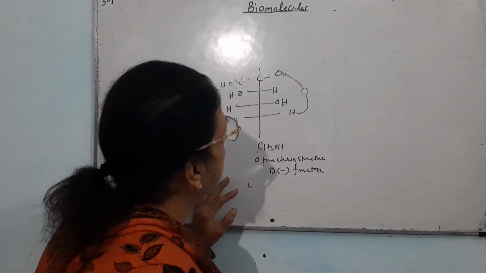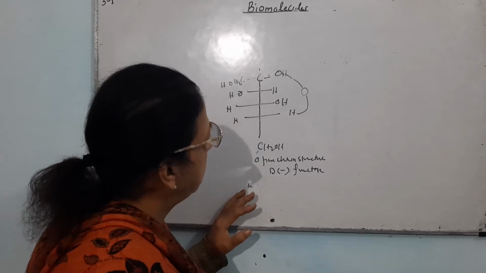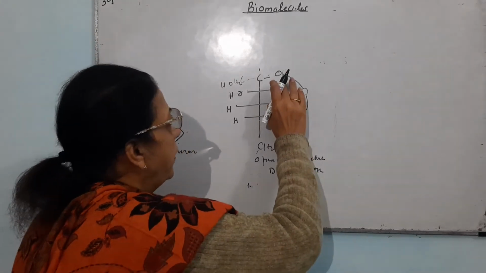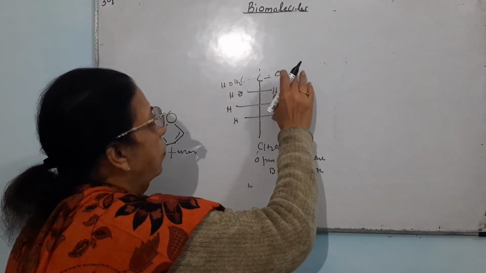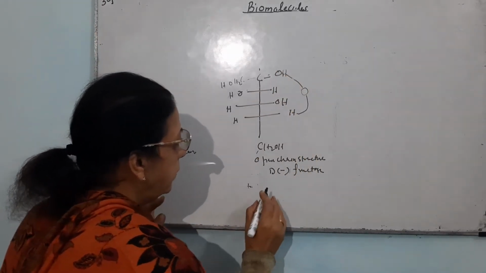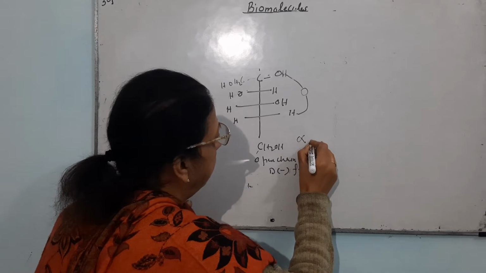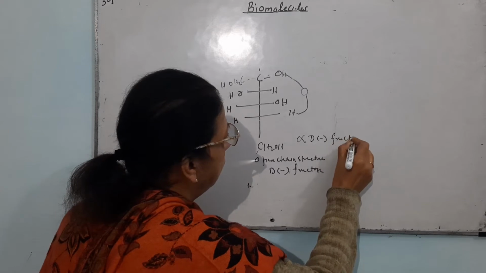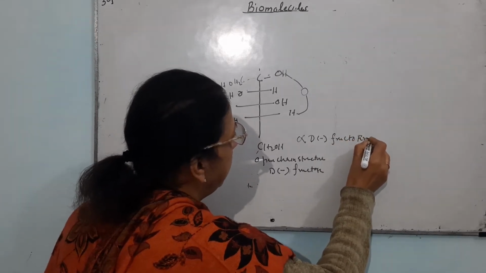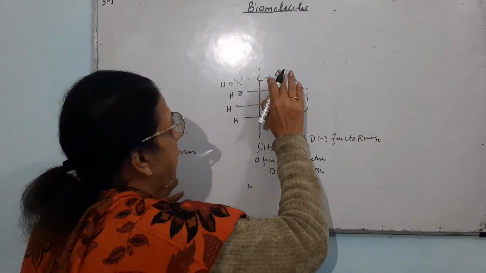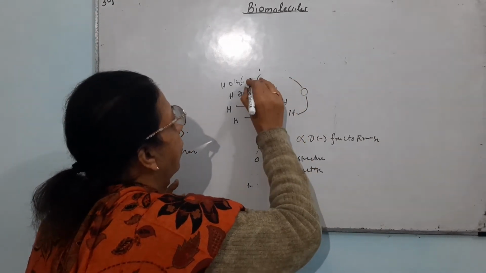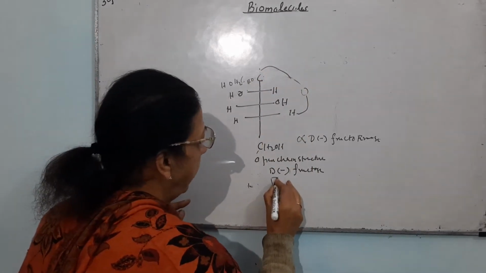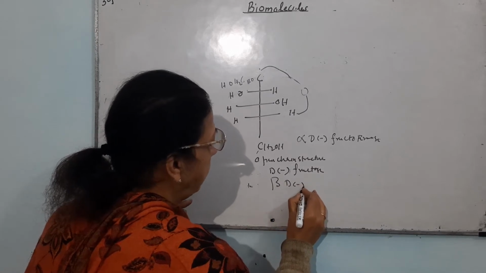As glucose is alpha and beta, similarly fructose is also alpha and beta. If this fructose has the OH group on the right side, it is known by the name of alpha D negative fructofuranose. Furanose. Just now I will make the cyclic structure. If this OH is written on this side, then it is known by the name of beta D negative